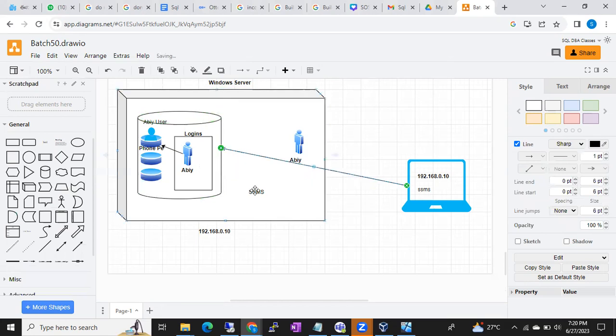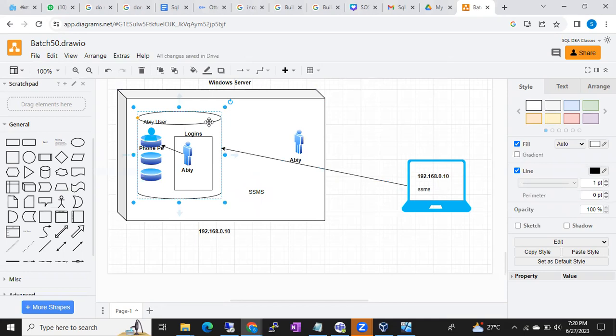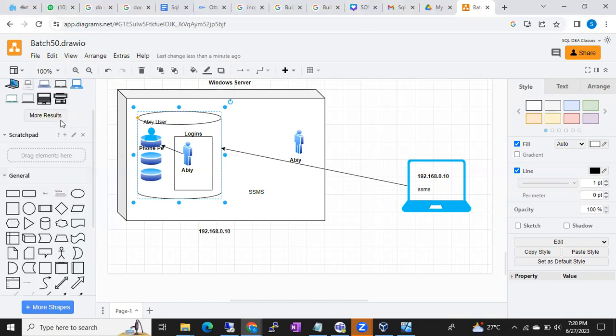That doesn't mean in this SSMS also we cannot connect. Not like that. Generally developers will connect like this. Only SSMS will be installed in their laptops, and once they open SSMS, it will ask you to give the server name. This instance name will be given under server name. We will choose SQL authentication instead of Windows authentication. Then they are able to connect to the SQL Server. For example,